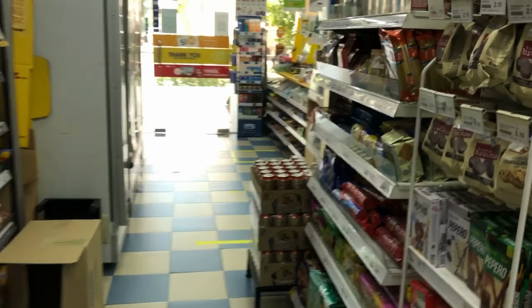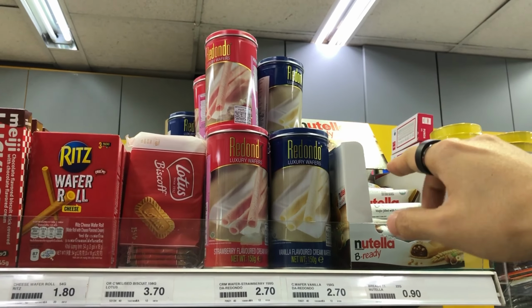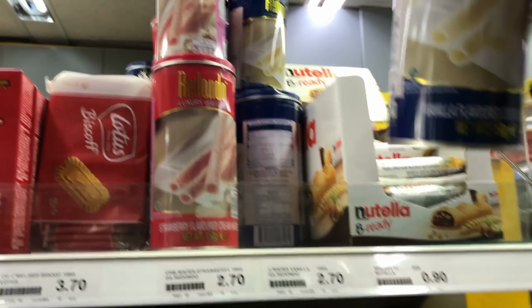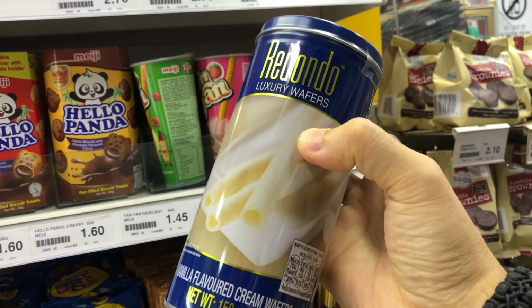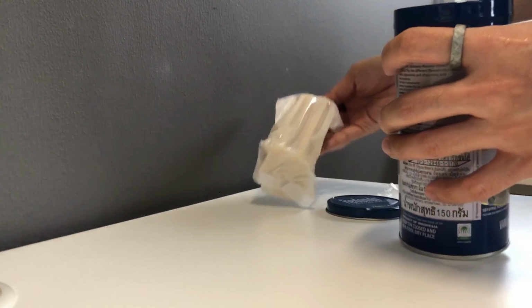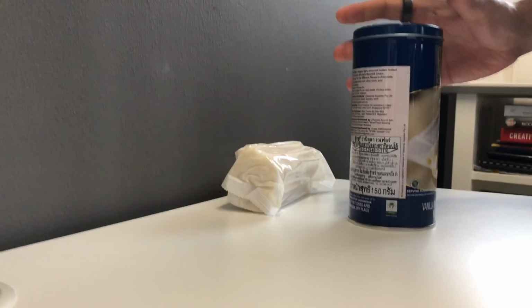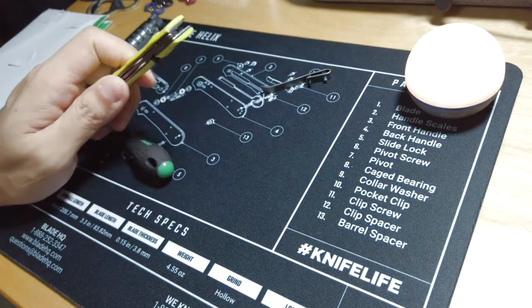So I decided, let's just check out Cheers on my way to work, and Cheers came in clutch. They had Redondo sticks on sale, so I bought one can, went to the office, opened it up, took out the wafer sticks that was separately packed in a bag inside the can. So I don't know why it's double packed, but I guess it's working in my favor for this particular situation. So now that I've got the stuff that I don't actually have on hand, the next thing to do is